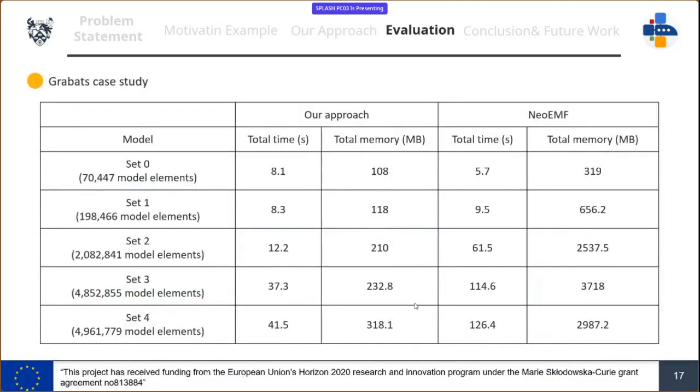So for evaluation, we use a Grabat case study. Grabat is some Java model which are reverse engineered from the Java project. There are five sets of models. The minimum is about 70K model elements, and it goes up to 5 million elements. So we run the Grabat query and use multiple,